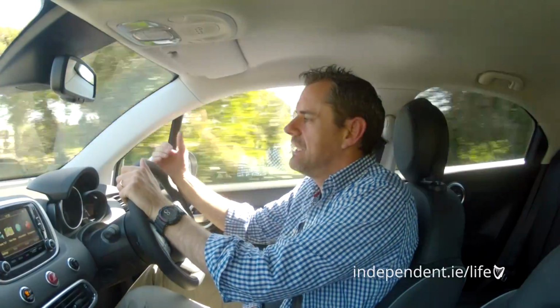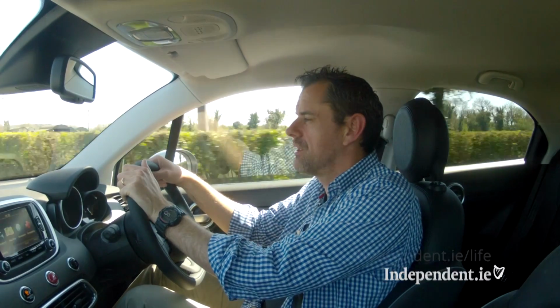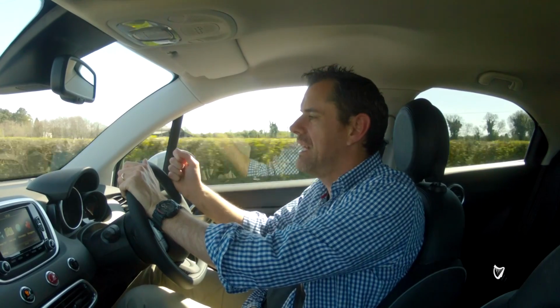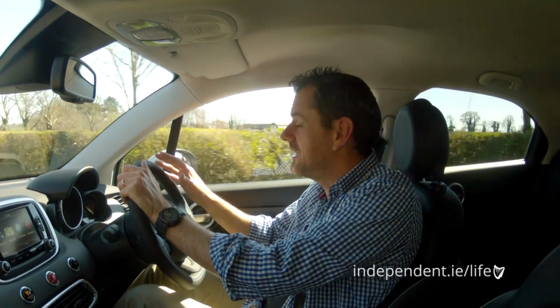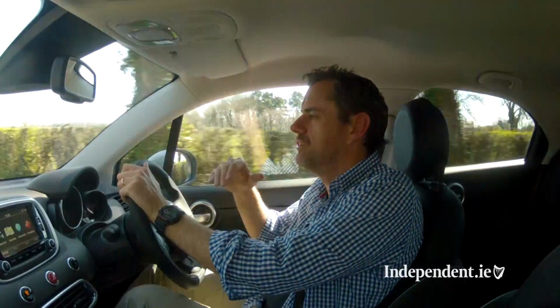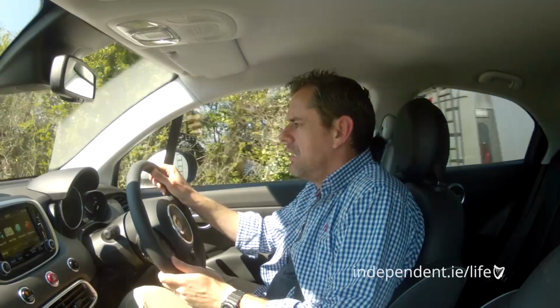This is a nice little tickety-boo for Fiat. I do quite like it. It is a feather in their cap. I actually saw this on the launch of the Fiat 500L in Milan. They briefly opened the little door and showed us what it was going to look like, and that's a while ago now. And then they showed it again at the Paris Motor Show, showed everybody what it was going to look like, and now we have it here in Ireland on launch. It is